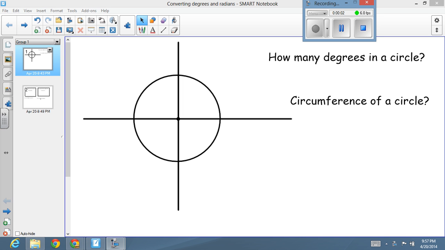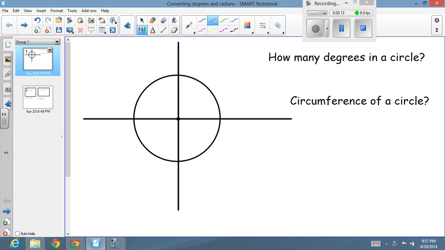Okay, so we're going to be working on a new topic here, something that we haven't really talked about before. What we're going to be talking about is something called a radian. The term itself is going to be new to you. It's sort of a different way to discuss angles and lengths and those types of things when we're talking about circles. Now let's assume that the circle that you see here on this little XY grid